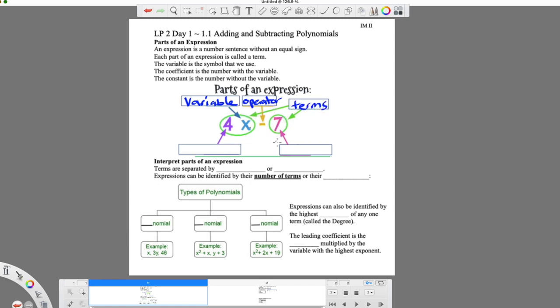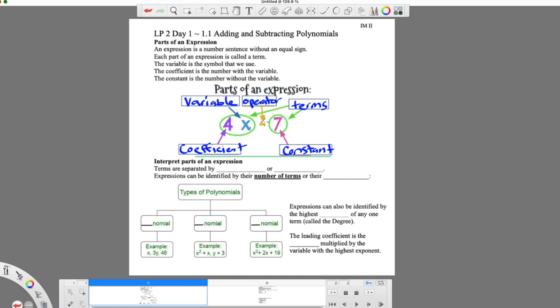And then this arrow here is pointing at the 4. So this is our coefficient, which is just the number in front of a variable. It's what's being multiplied. And then the constant, that is our number without a variable. So I already know it's 7. It's not being multiplied by anything. It's not going to change. It is -7. Now I can combine it once I know what x is, but it's not being multiplied or